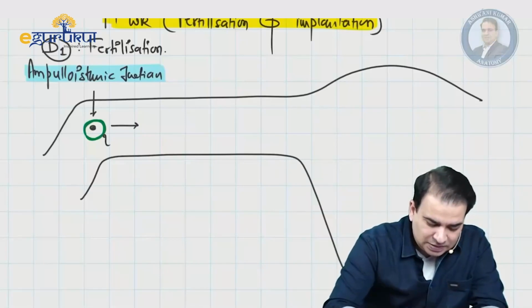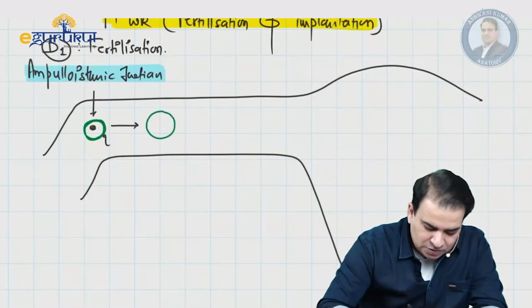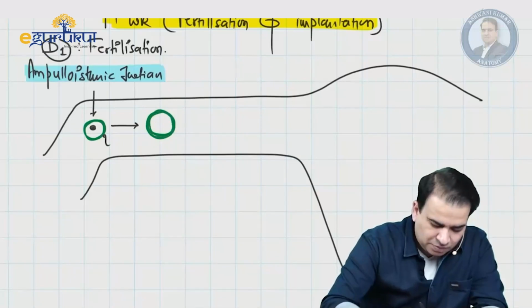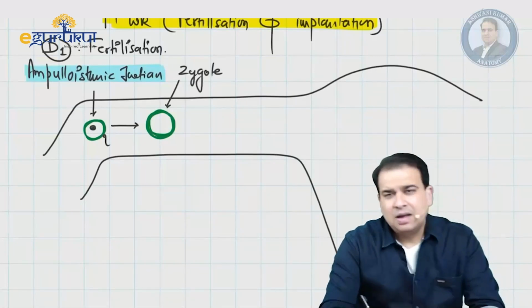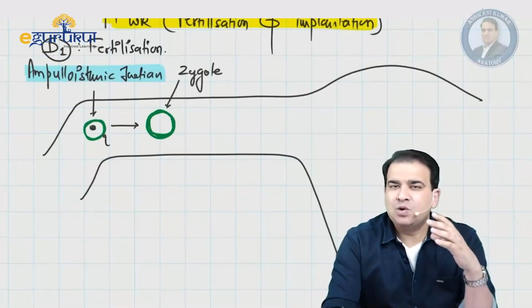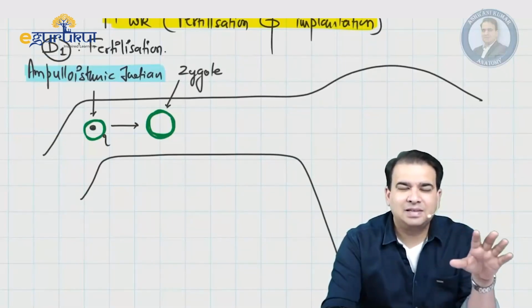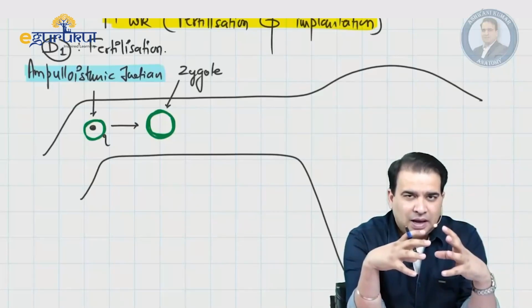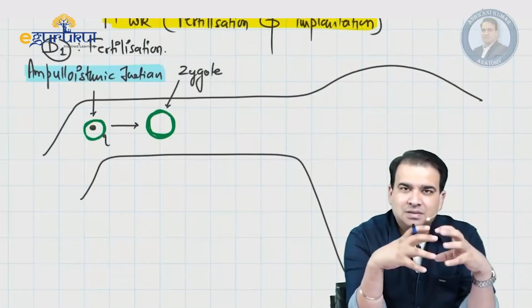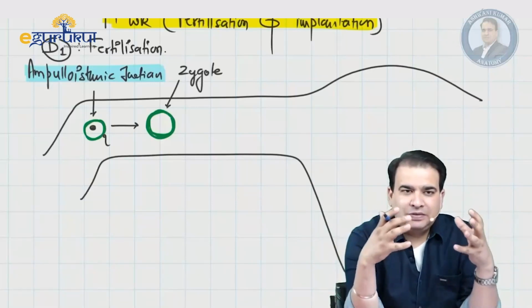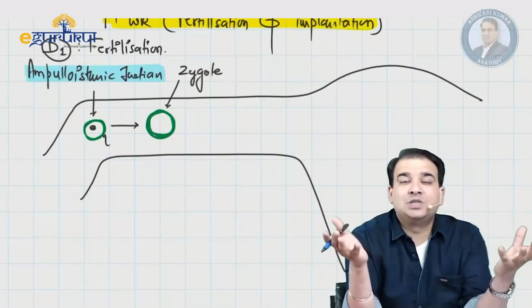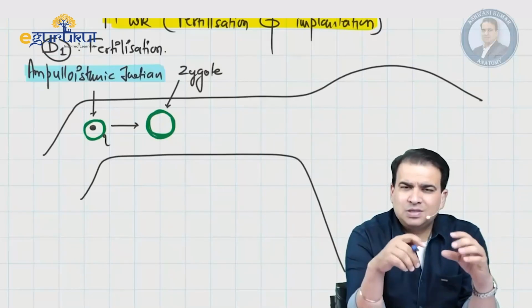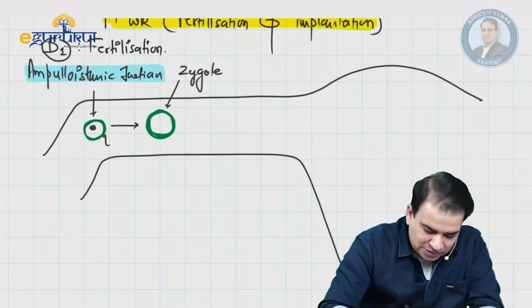Once the fertilization takes place, there is a formation of the so-called zygote. Well, the true zygote is a single cell stage, but in humans we never have that single cell stage. The male and female pronuclei start fusing with each other, and before it becomes one single cell, the cleavage begins. So the division actually starts from the undifferentiated 2-cell stage only. So the zygote in humans is not a true zygote, it is like an undifferentiated 2-cell stage only.